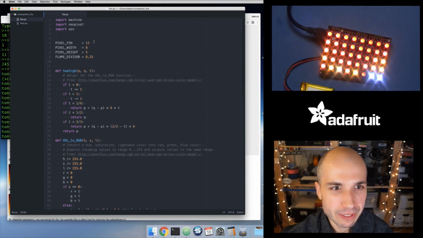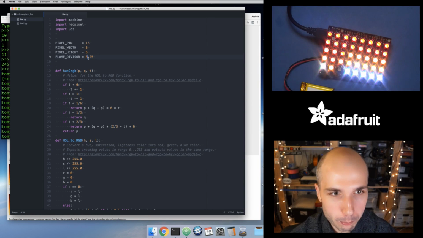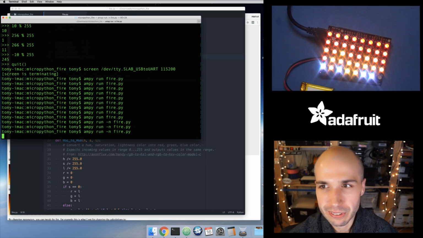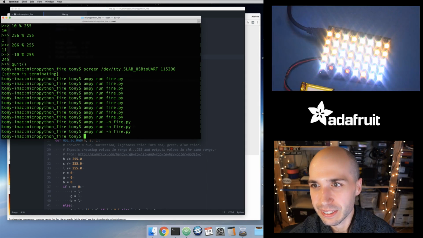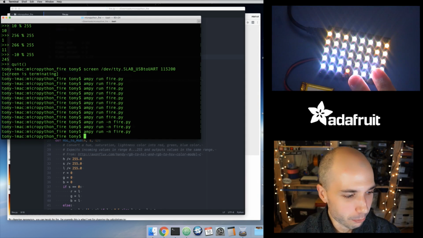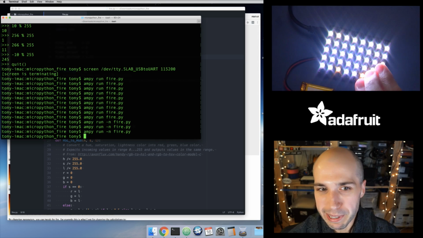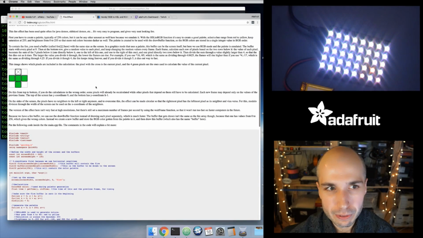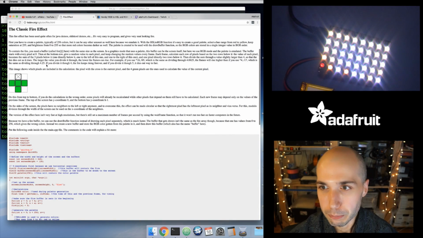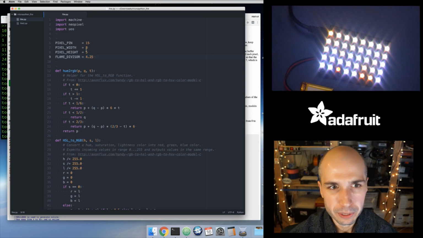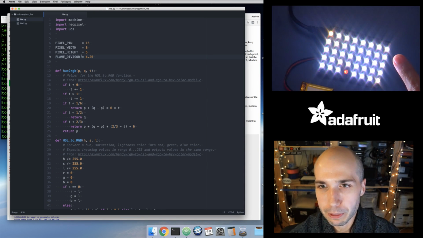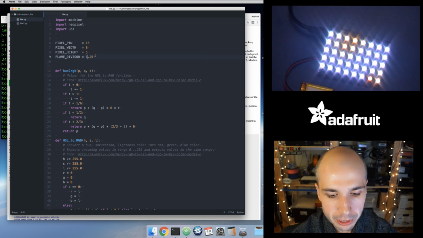Let's play more with this divisor value. So let's go back to 4.25 like we had before right here, and let's see how this changes things. So I'm gonna do this, and now it's like, whoa, it's really bright. Like it's mostly white values. So it does kind of match, like they said in the text. The higher this divisor, the smaller your flames. So, divisor of 4 isn't really good for this display because this display isn't very tall. 8 looked pretty good, but let's go to like